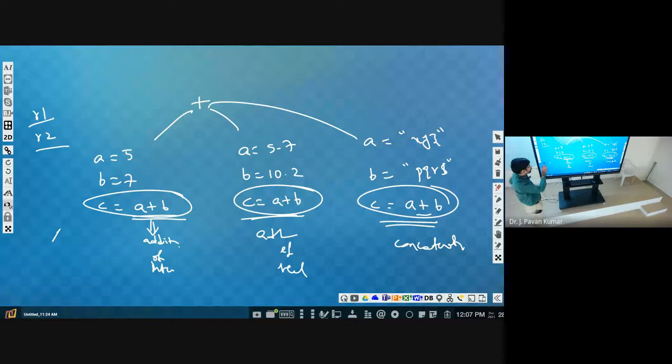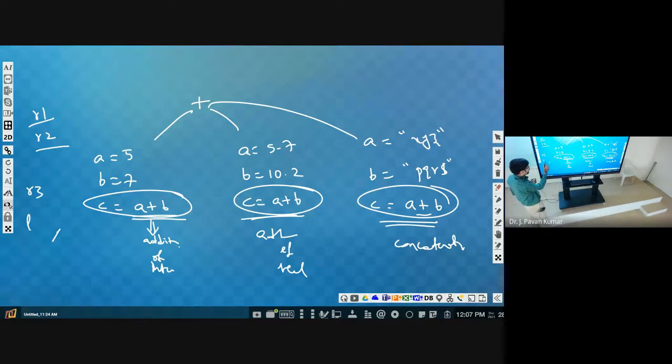Now we want to create another rectangle which has the length equal to the addition of the two rectangle lengths, and the breadth also in the same way. So we want to create r3 in such a way that